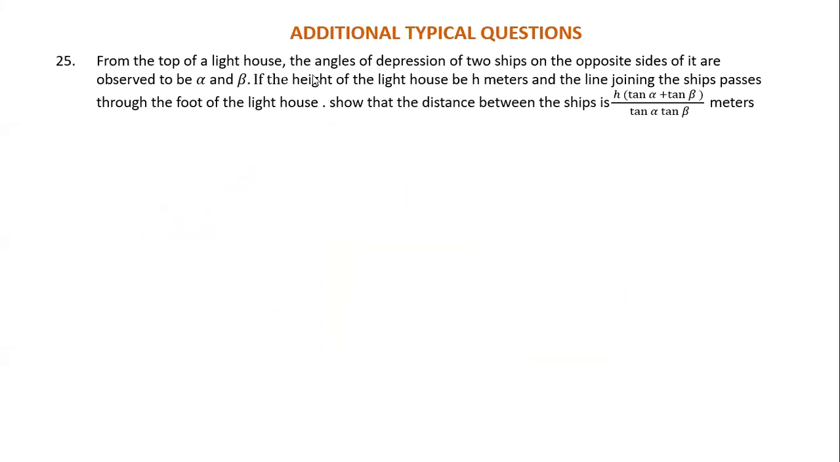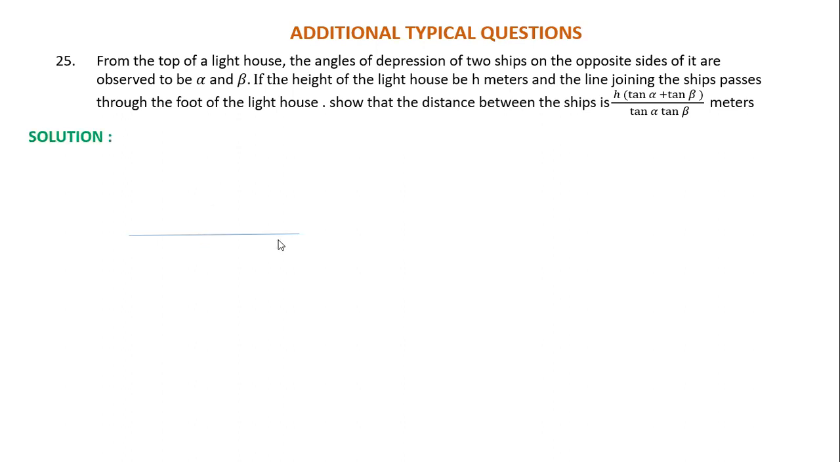From the top of a lighthouse, the angles of depression of two ships on the opposite sides of it are observed to be alpha and beta. If the height of the lighthouse be h meters and the line joining the ships passes through the foot of the lighthouse, show that the distance between the ships is, which